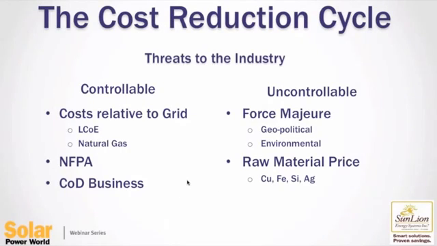Okay, so for Sunline, the real question came to what technology could we apply to the cost reduction cycle over the next few years to really be able to compete. And so I want to break the threats to the industry down to the controllable and the uncontrollable. The controllable threats are cost relative to the grid, things like levelized cost of energy on PV versus the grid costs, especially the pressures natural gas is applying to the